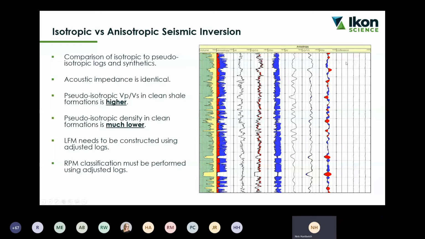And we can see the same AI, VPVS ratio and density upscaled over here. And when we actually model it, we take the isotropic logs and put them through the Rüger equation given our anisotropy model to make a gather. We do the same with the pseudo-elastic properties and the pseudo-isotropic reflectivity equation, and we pretty much get no difference. So it works in terms of matching the seismic response, but actually if you wanted to interpret these logs, it's